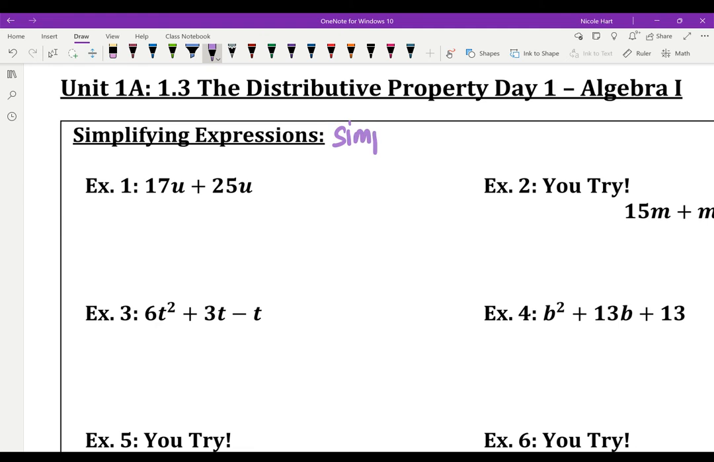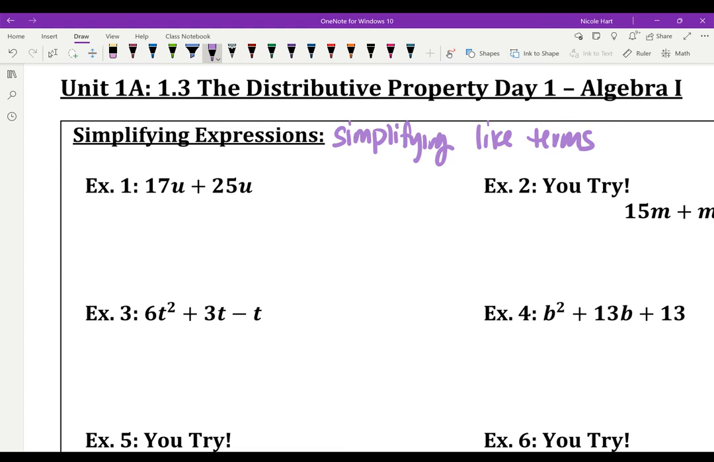So, simplifying like terms. And so we're going to look for letters, we're going to look for variables that are the same and have the same type. So for example, if I look at example 1 here,